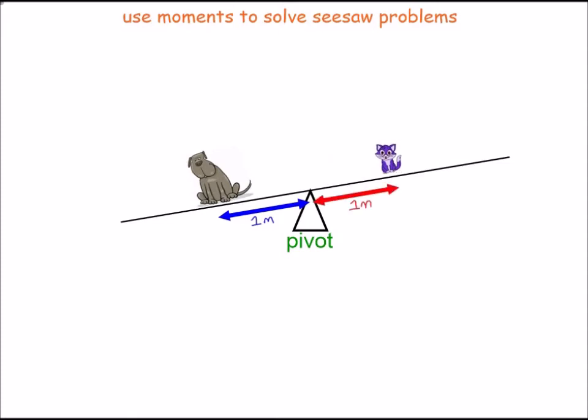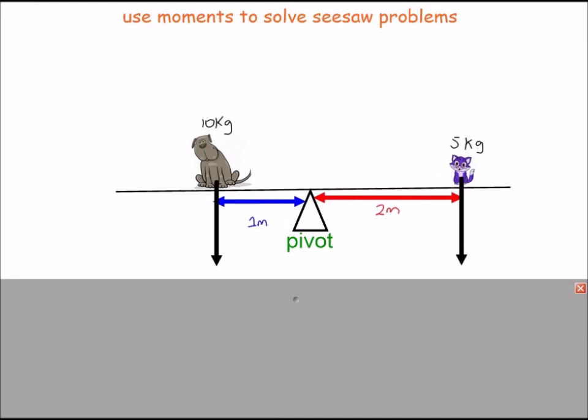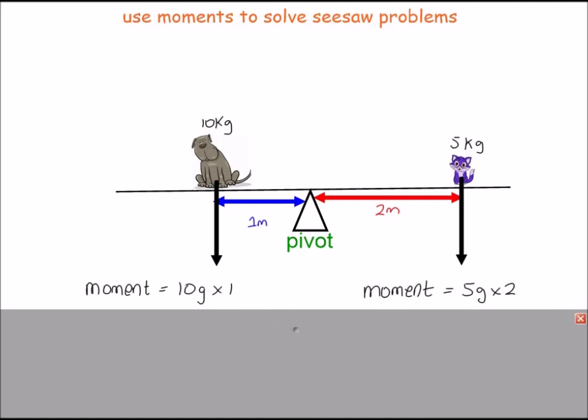So I've moved the cat along. It's now the same distance from the pivot as the dog is, yet the seesaw is still not balanced. So I need to move the cat even further out, and further out again, and now the seesaw will balance, because if we calculate moments,